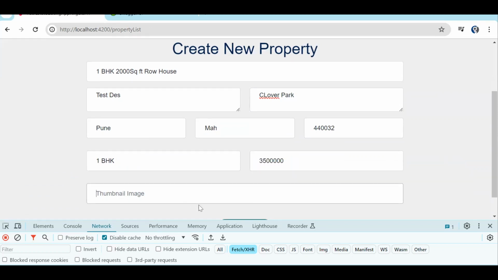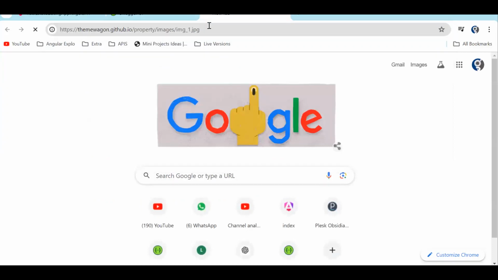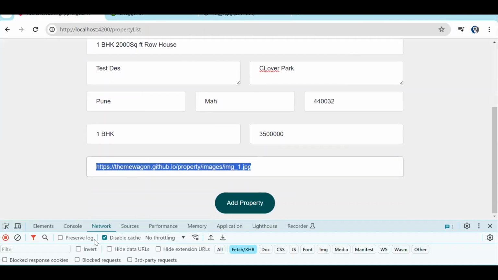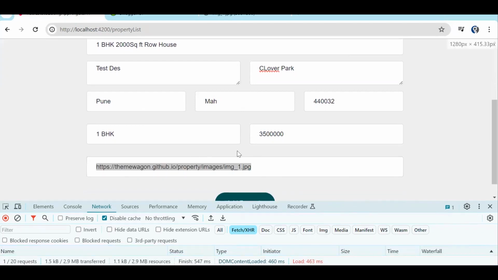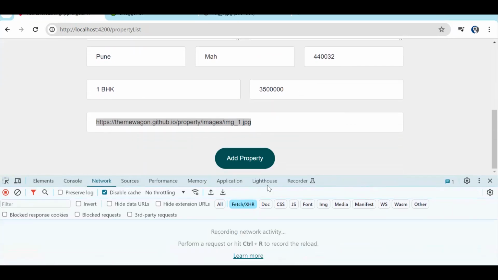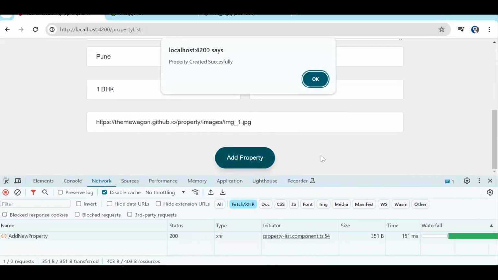Then thumbnail image, I'm copy pasting this, whatever the image will be there. Let me just show you the image also. So this is the image I'm using. You can use any Google image. Make sure this is not a file upload. You need to provide the URL. So you can use any Google image and paste it over there. Now, once we click on add property, you can see